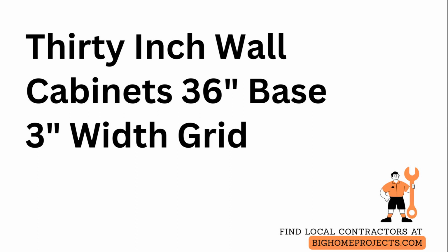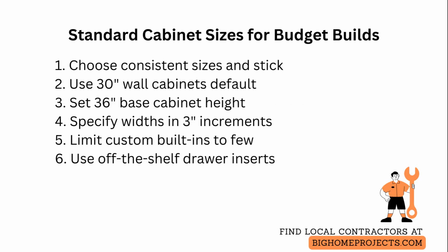Standardizing cabinet sizes cuts custom shop time and material waste, so builders can deliver budget-friendly homes faster. Choose a consistent set of sizes and stick with them during design and ordering to save both time and money. Use 30-inch wall cabinets as a default where ceiling heights allow because they provide ample storage and reduce the need